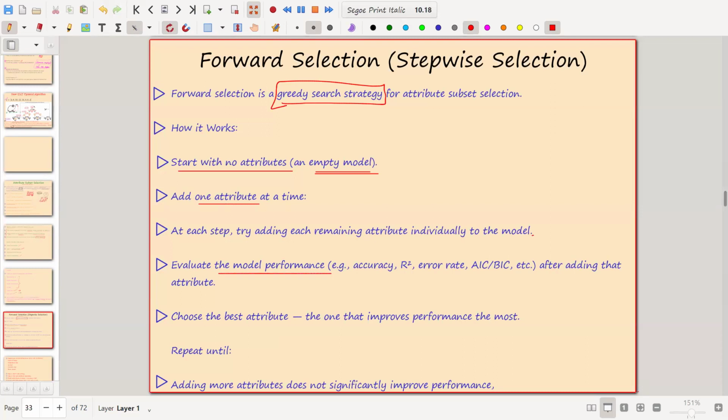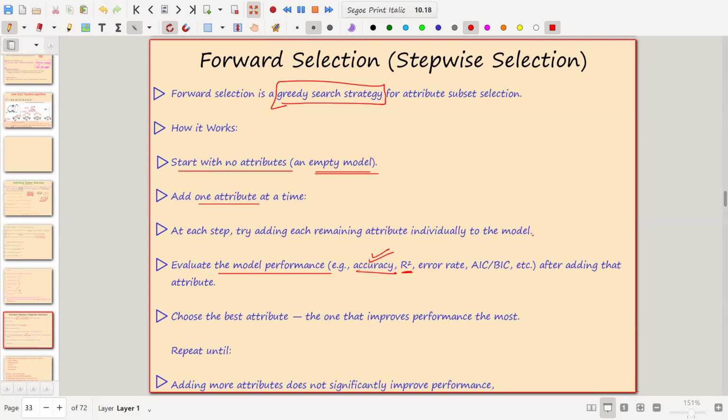How can you evaluate the model performance if you're using any wrapper method using machine learning tools? You can use the training and testing accuracy of your ML models. So that is accuracy, R2. R2 also you can use if you are using lasso regression models or different logistic regressions. I hope you might be knowing about R2. If you're not, there is no issue because you will be learning it in the next semesters